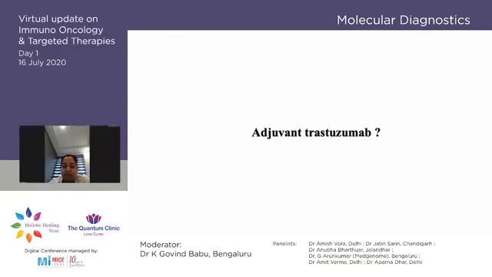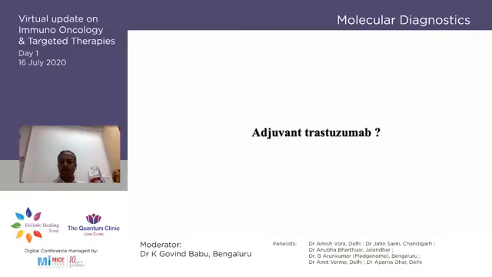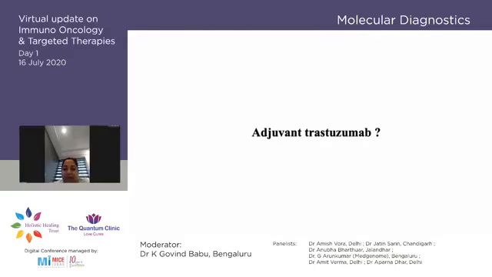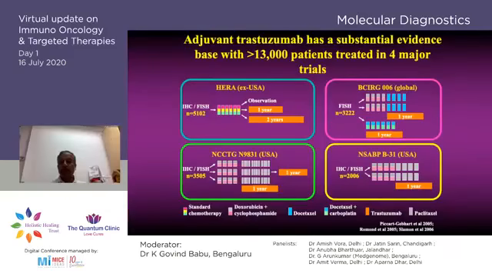So for this patient, I would use paclitaxel plus adjuvant trastuzumab. The weekly. We are not going to discuss the chemotherapy part because we are talking about molecular markers. So, trastuzumab. This is the data. Of course, this is an old slide now, 2006, but even at that point of time, we had these 4 large trials. We accrued over 13,000 patients to show that using trastuzumab in that adjuvant setting was in fact